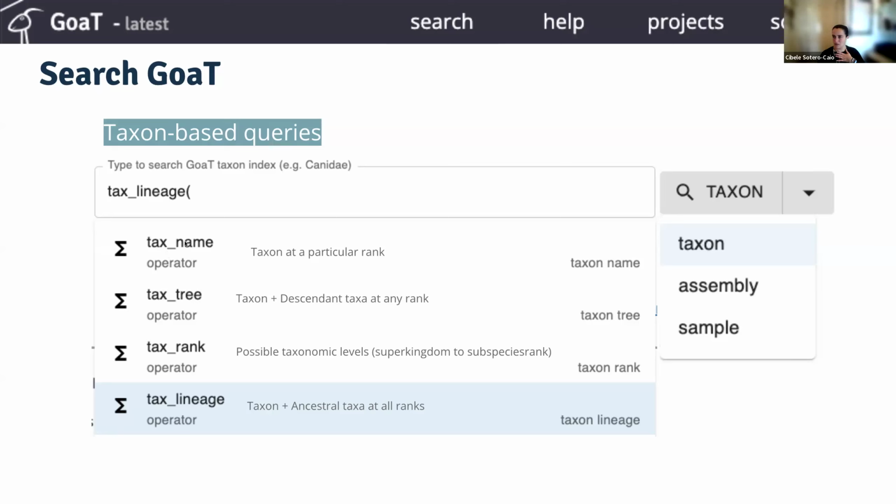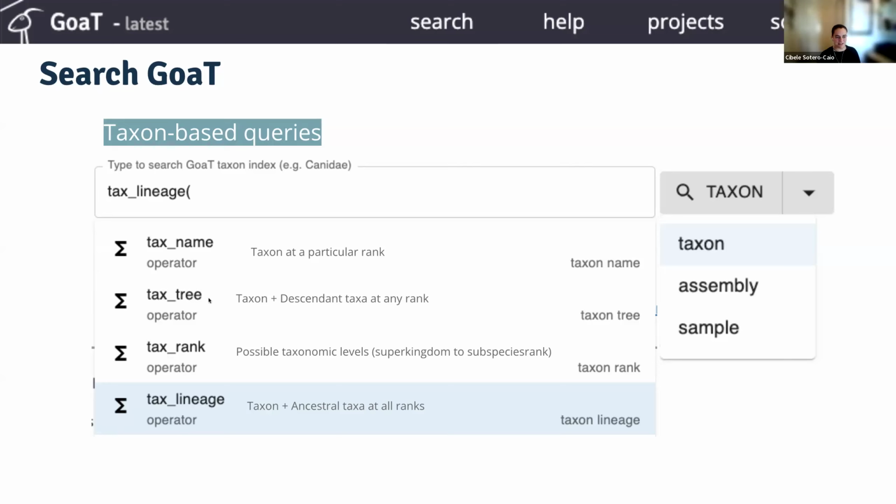So it returns one entry corresponding to the taxon that you entered. But if you change to tax tree, it will show that taxon and all of the possible descendants at any rank. So if you type family, then you'll see all of the genera, not a list of species, but a list of every single entity that is a taxon and all of the data, including the summaries along with it.